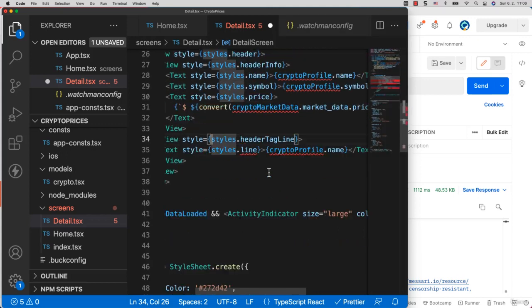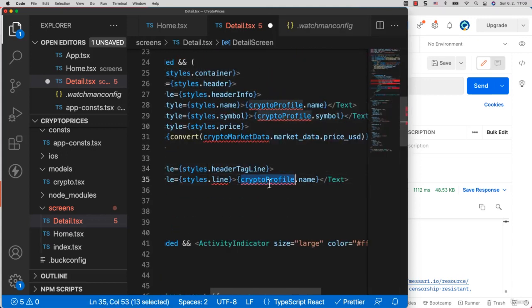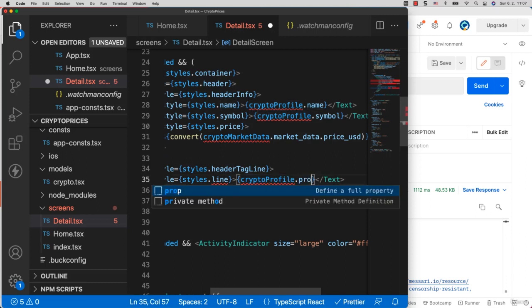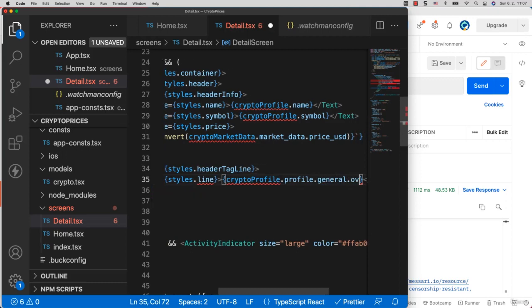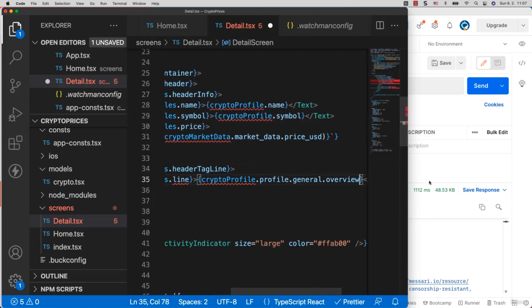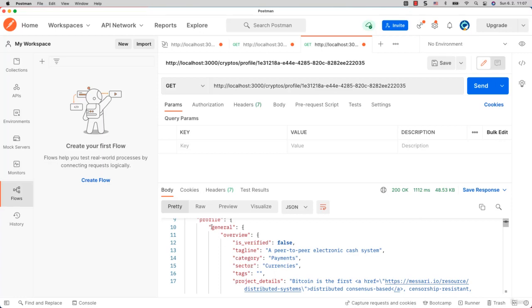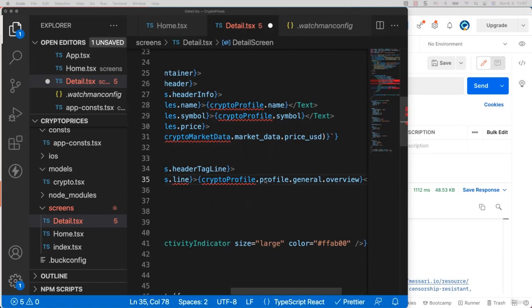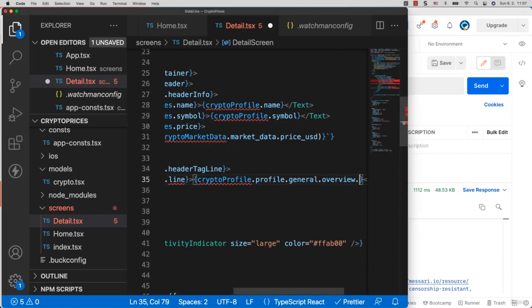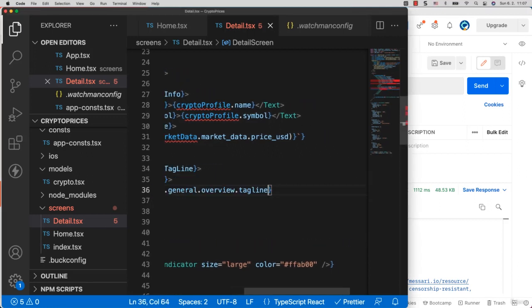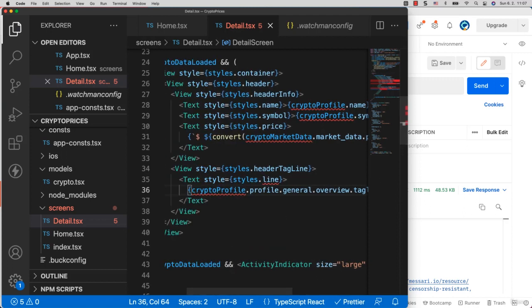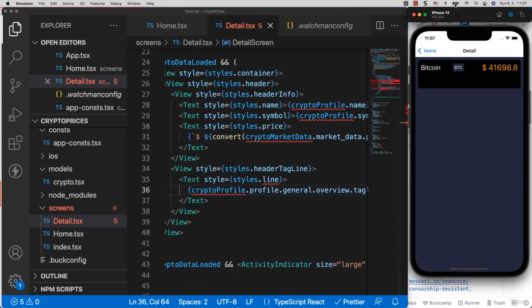So I will have here, okay, we have everything, crypto profile, and we will say that we will have profile as well, and then dot general, and then overview, as I remember from the API. So we have general overview and then tagline. So I will put dot tagline. Of course, we save and we go to our application and we will see, okay, this text maybe is showing,